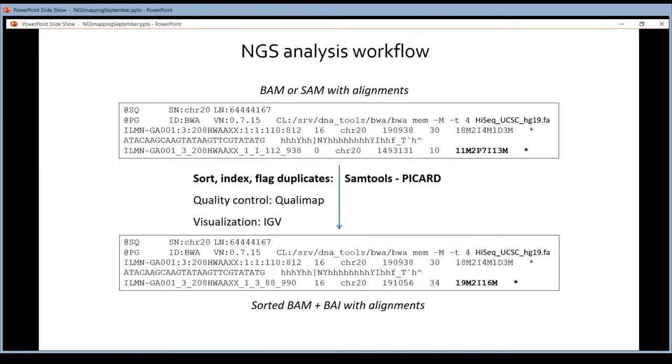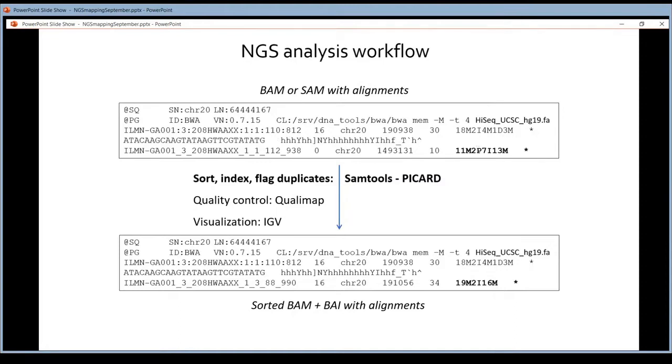Mapping generates a BAM or a SAM file. So no longer FASTQ files, but BAM and SAM files. You have seen that these BAM and SAM files contain a lot of information. For every read that could be mapped, they typically contain all the information from the FASTQ file, so the read itself, the sequence, but also the identifier and the quality scores. And these BAM and SAM files also contain, of course, the information of the mapping. So this part is the information on the mapping.